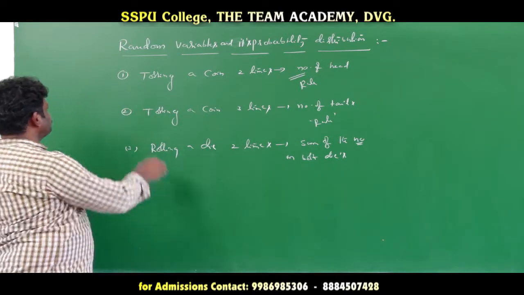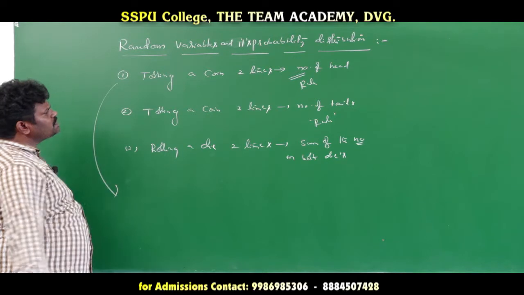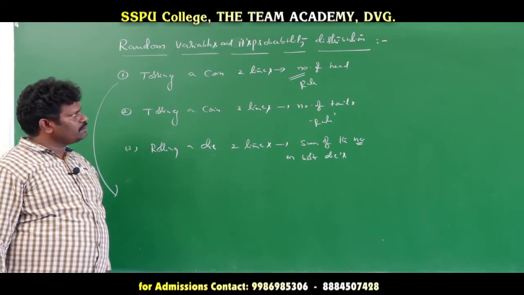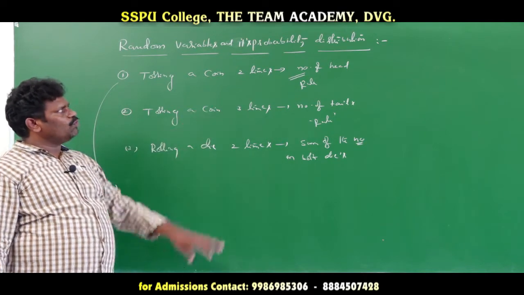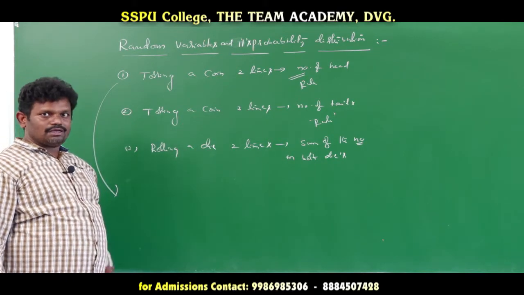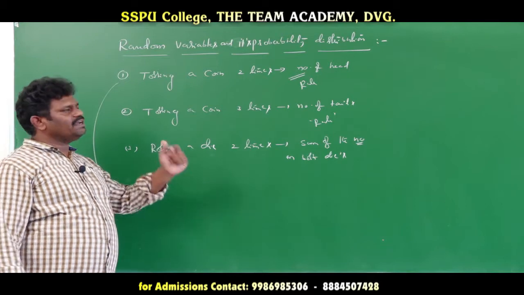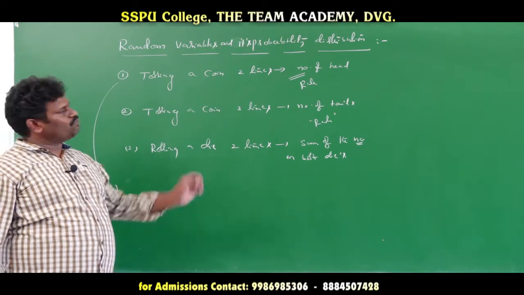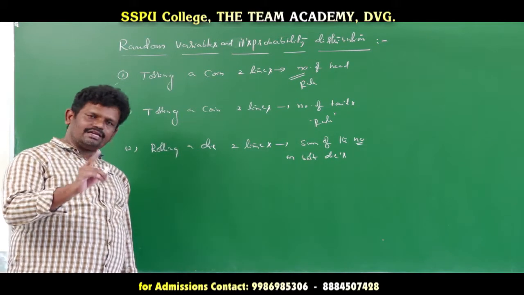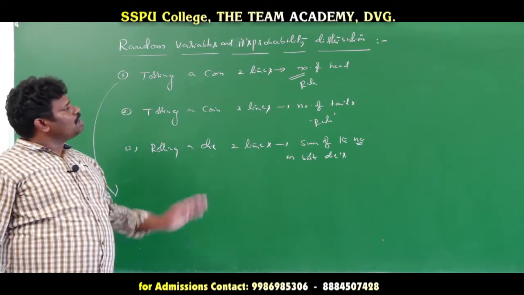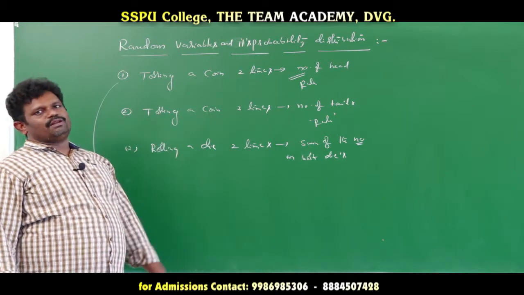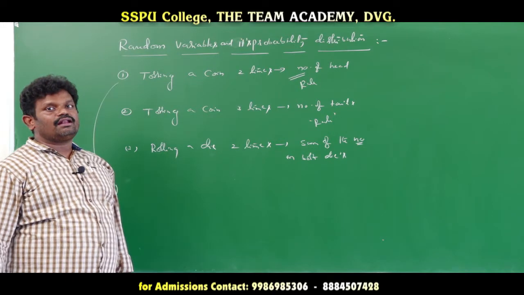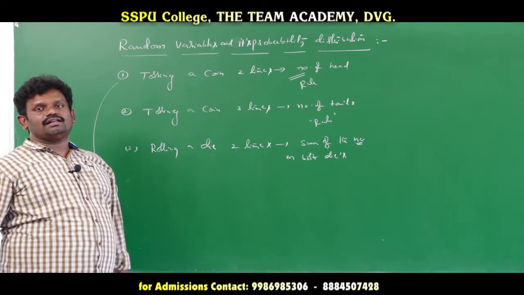Now see the first example: tossing a coin 2 times. On that experiment we are applying the rule, the number of heads. The rule we consider is assigned to each outcome of the random experiment, as a single real number. So how do we get a single real number?